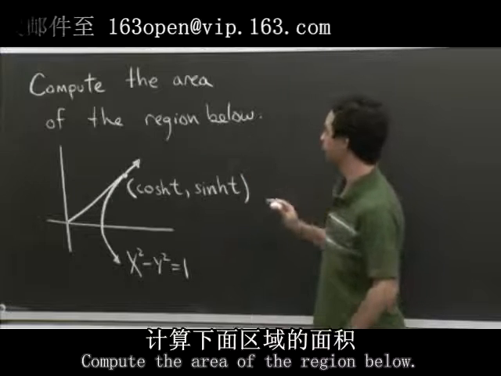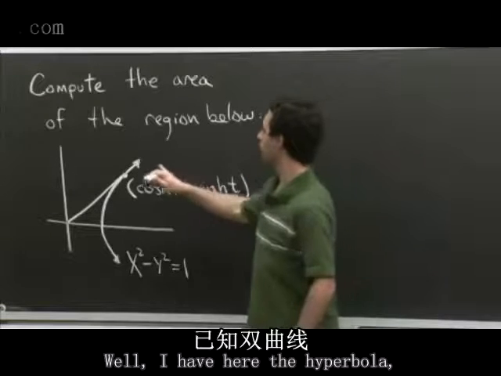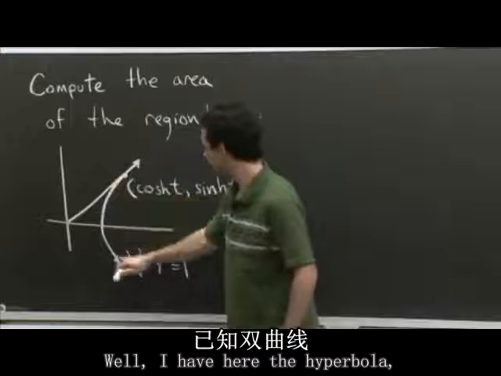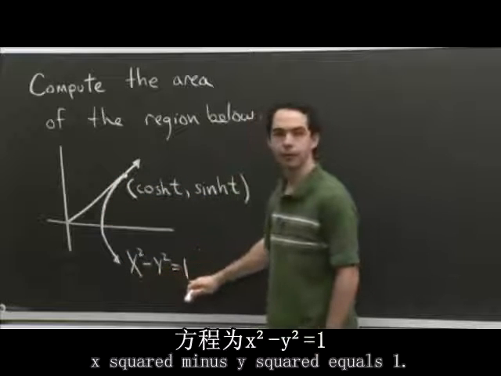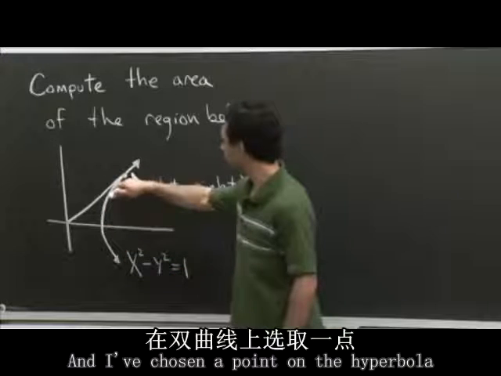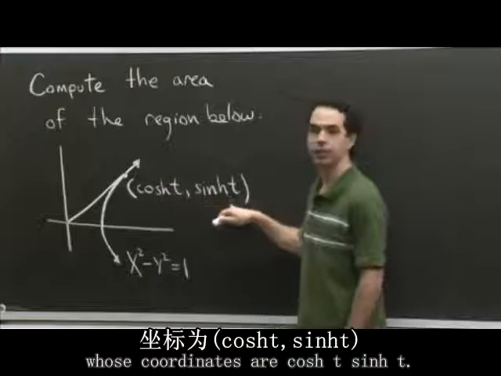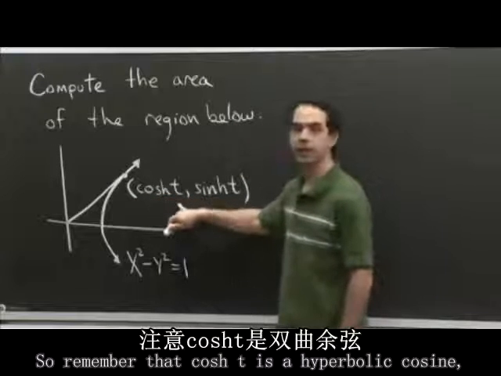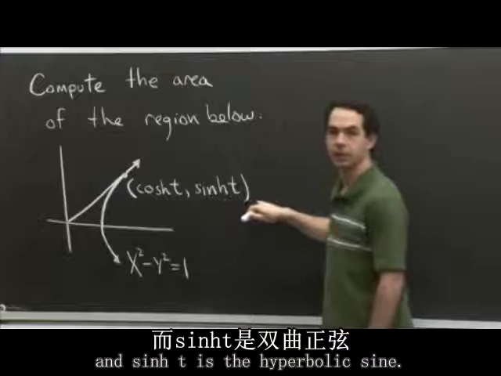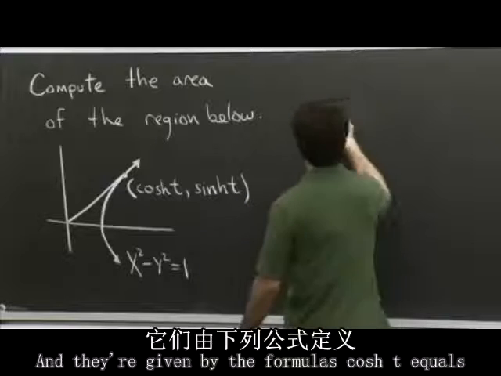Compute the area of the region below. So what's the region? Well, I have here the hyperbola x squared minus y squared equals 1. And I've chosen a point on the hyperbola whose coordinates are cosh t, sinh t. So remember that cosh t is the hyperbolic cosine and sinh t is the hyperbolic sine. And they're given by the formulas